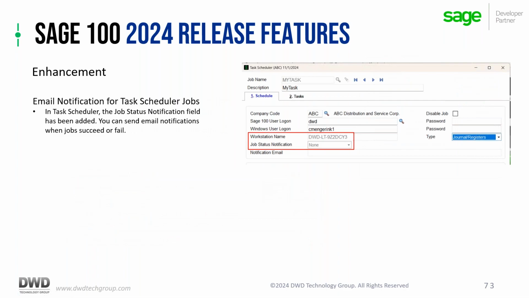Another enhancement they've added, email notification for task scheduler jobs. So I mentioned the jobs that we can automate through task scheduler. One of the fun things about that was you never knew why it didn't like your work, or did it work, or what's going on. Now, this has got a little thing that will send an email notification when the job succeeds or fails, right? Most likely you're going to want it on failure because if it succeeded, then you would probably see the result